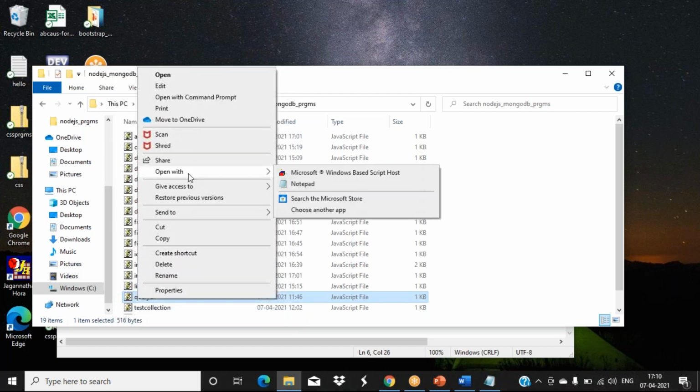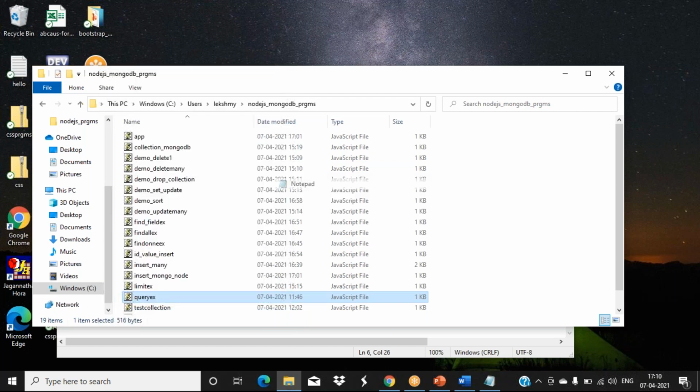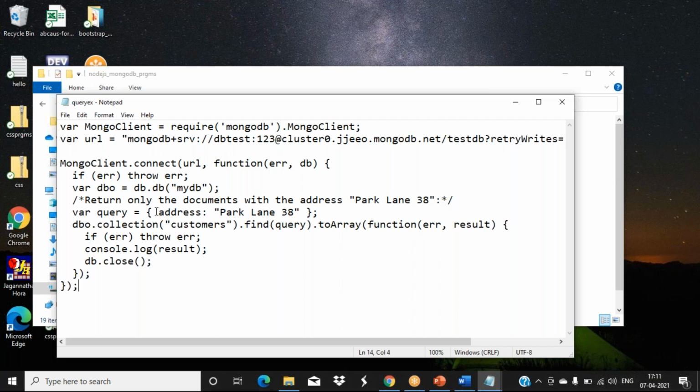We have given a particular value. No? So see, we are using find only. Now in that we are telling the query is created. What is the query? Address. This is the address value we have given. Now we are telling find dot query, display the value in the array format. So return only the documents with the address value like this. So again we can filter the content there. We are filtering, not all the documents. We want only the documents where address is this value. We are filtering there. So this find function only we are using, but we just created the filter query you want. That's it.